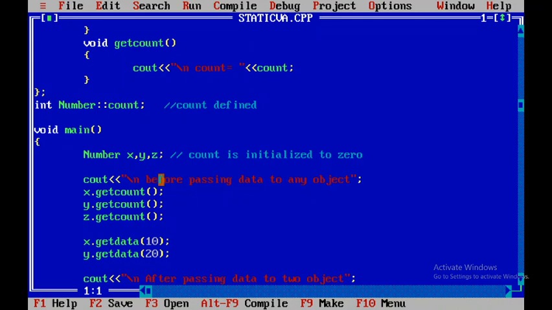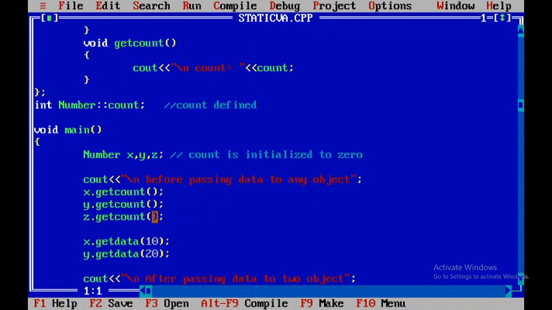For that, getCount, which is a member function of our Number class, we are calling with different objects: x.getCount, y.getCount, z.getCount. Even though I am calling the method three times, every time it is going to print the value of count, and count is shared by objects x, y and z.